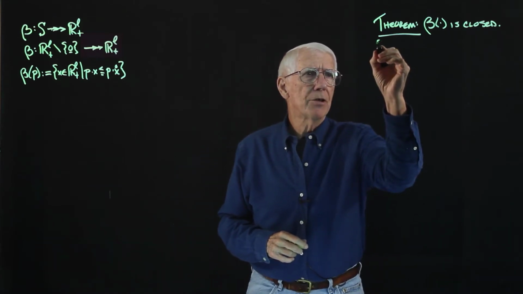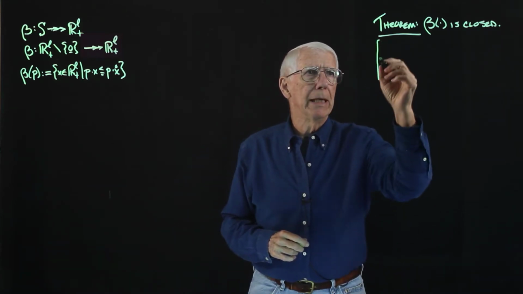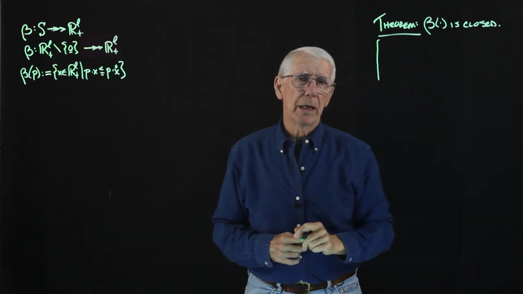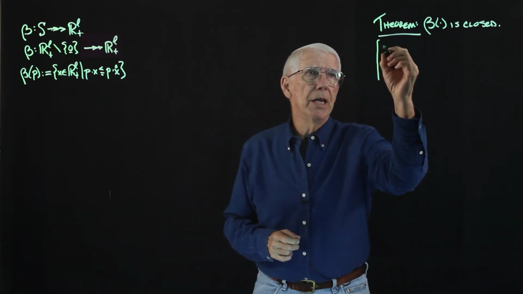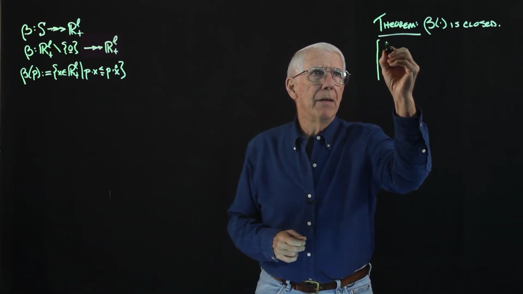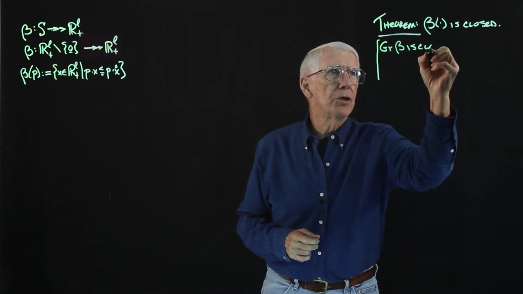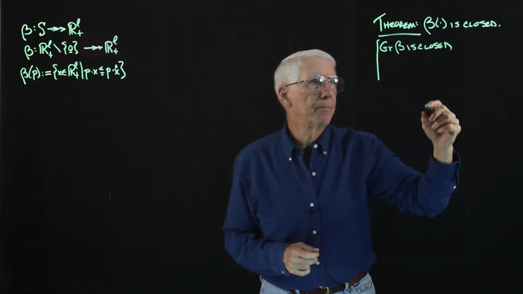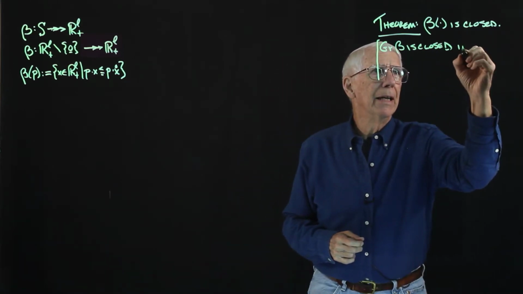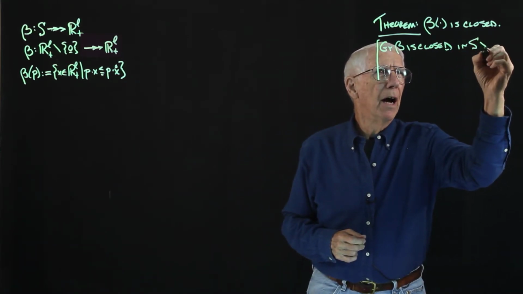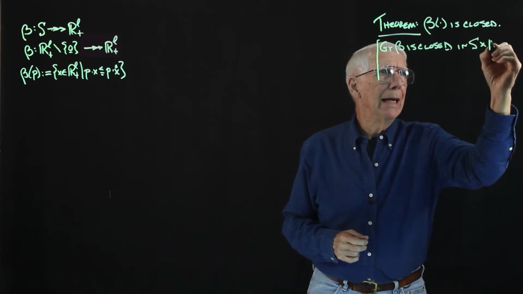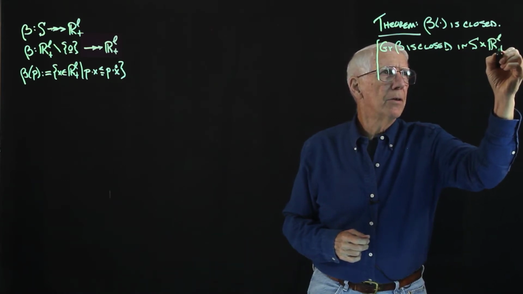And so let's write down what that means here. To say the correspondence is a closed correspondence means that the graph of the correspondence is a closed set in the product of the domain and the target space,